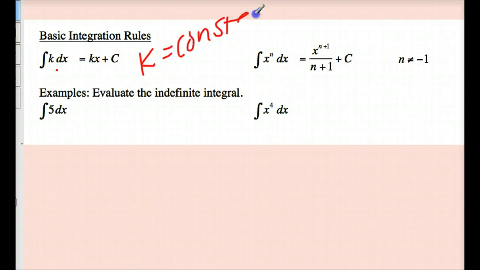Anytime I am taking the integral of a constant, we know that we drop a k. So in this example right here,